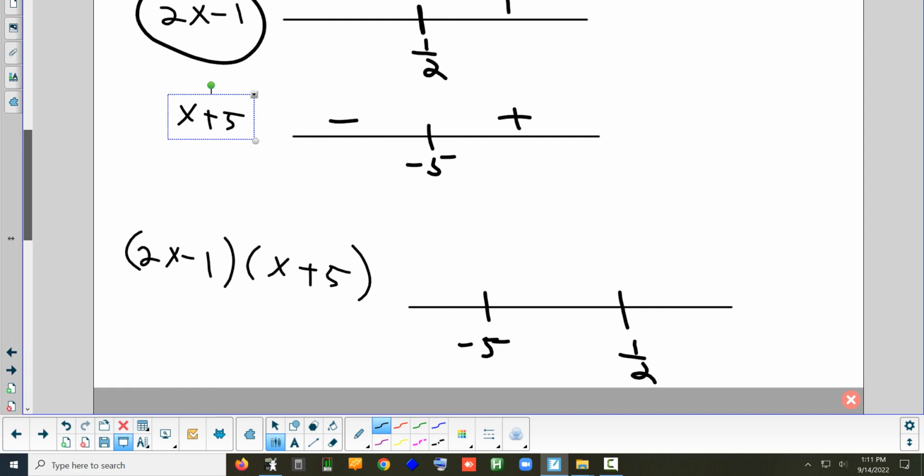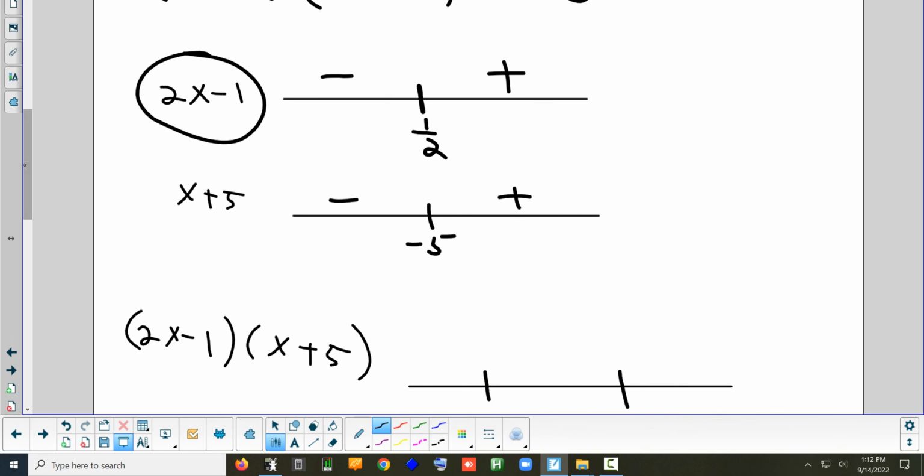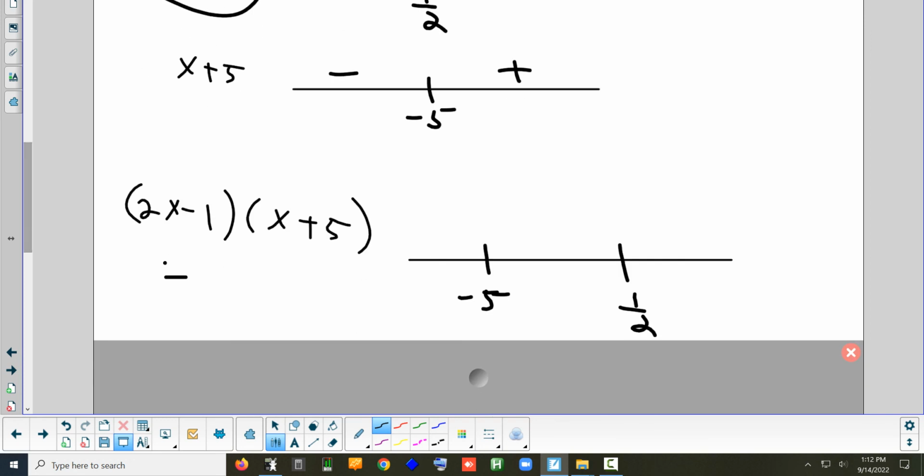Now, what you've done is you've broken the number line into 3 parts. We're going to figure out what happens in each part. Let's start with negative 5 and below. If you look at the top number line, if you are at negative 5 or below, what section would you be in the top number line? Yep. Negative. So you'd have a negative